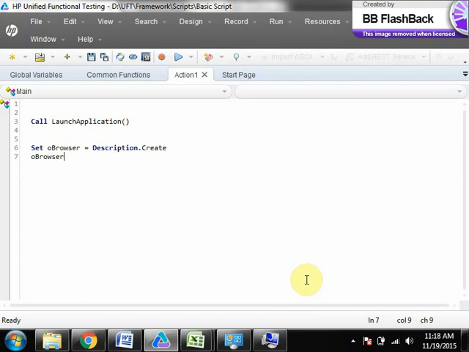O browser dot add property value as browser. Set O browser collection equals to desktop dot child objects of O browser.